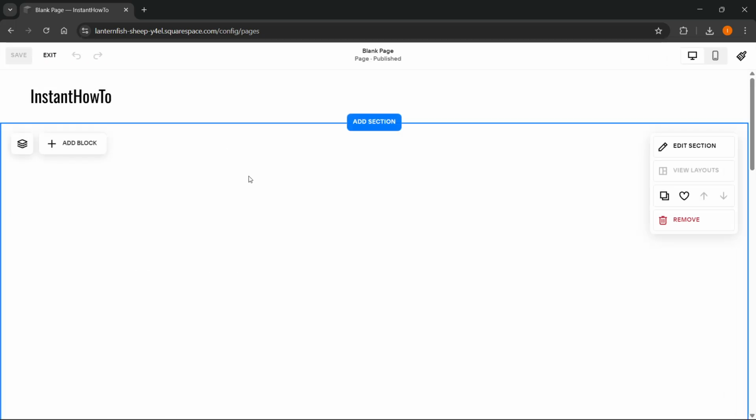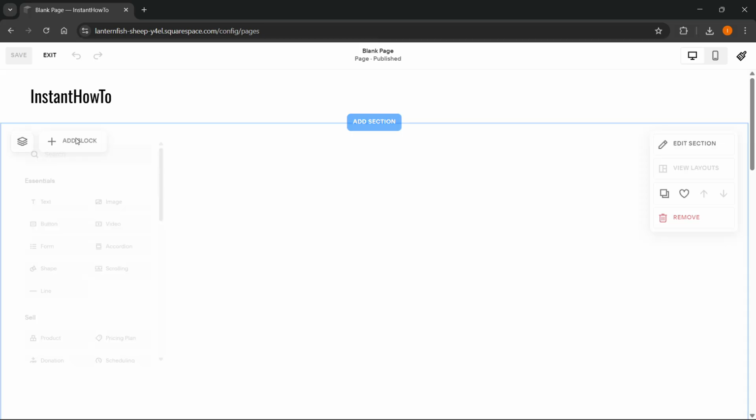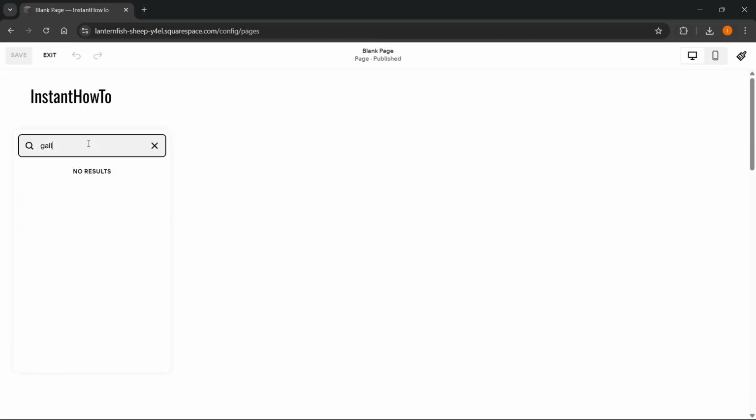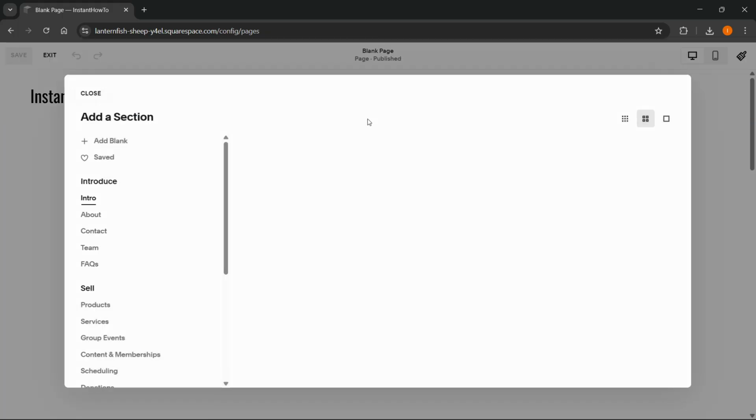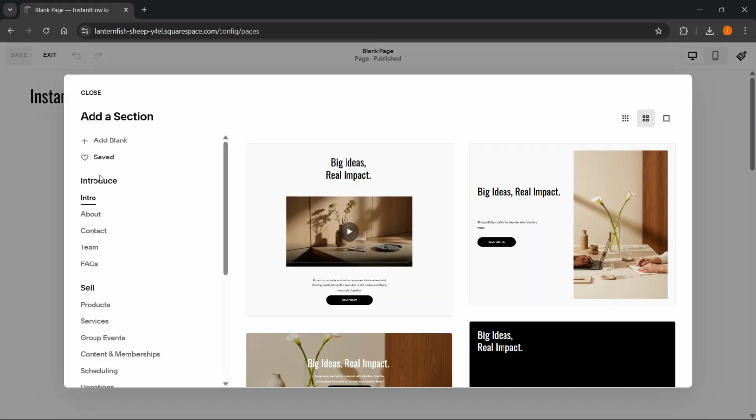And from here, you'll notice this is my blank page here, but of course you can do this on any page you want. And if you click on add block over here, I can search for gallery and nothing pops up. This is because you can't actually add it via here, but you have to go and add a separate section. So if I click on add a section over here, I can scroll down on the left,